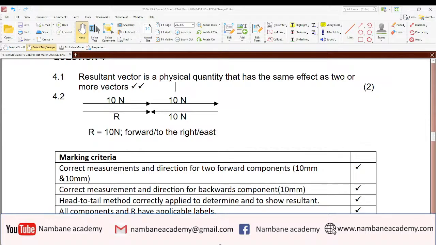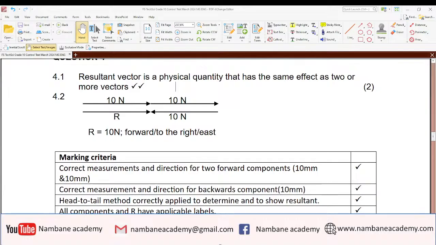Now, checking the scale given, we are going to benefit our learners here, provided that they are using the correct direction as well as the correct magnitudes. Why do I say so? The scale of 10 millimeters to 1 Newton is very, very small. So you'll be getting a smaller